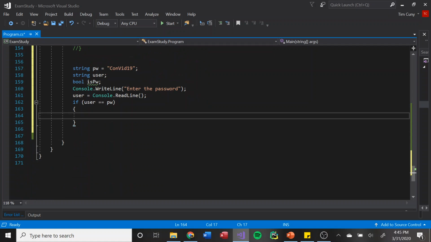So if they are the same variable, we're going to compare them to make sure they are in fact the same input, same thing, same string. Here we go. If they are in fact the same string value, then this is what's going to happen. We're going to say